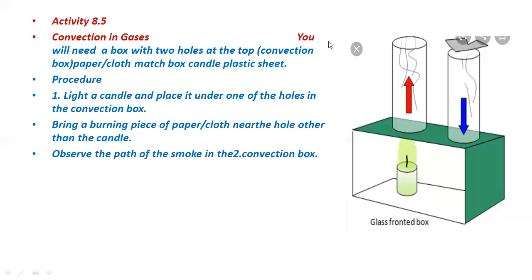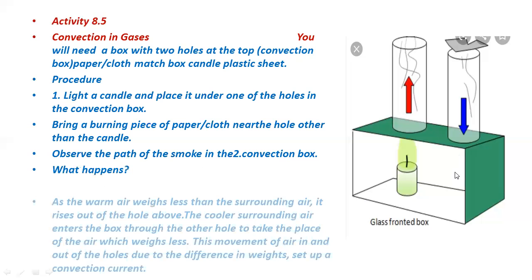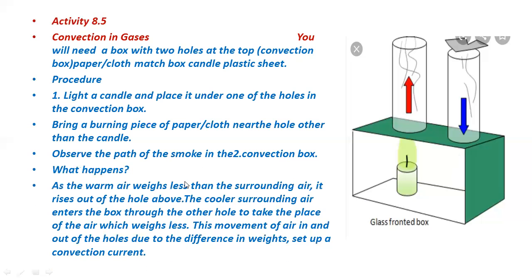Observe the path of the smoke in the convection box, because if you burn the paper or cloth, the smoke will move inside this hole, and after moving in, where will it go? What is the path of this smoke in this box? As the warm air weighs less than the surrounding air, it rises out of the hole above. The cooler surrounding air enters the box through the other hole to take the place of the air which weighs less. This movement of air in and out of the hole due to the difference in weight sets up a